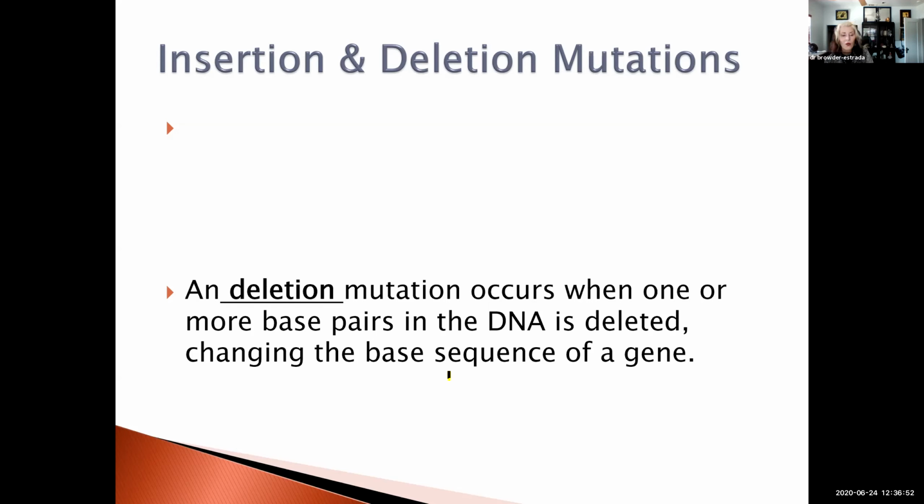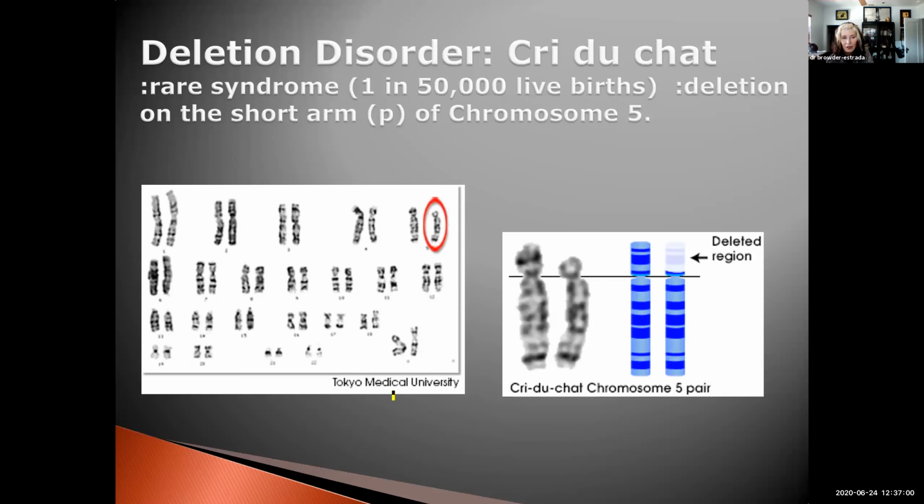So deletion, again, is when more than a single base pair is deleted. Of course, the more that's missing, the bigger the outcome will be in the phenotype. So first example, please do write down deletion disorder, and the name of this one, cri du chat. It means cat's cry in French. I probably didn't pronounce that even close to correctly because I never took French class. This is very rare. It occurs in maybe a little bit more frequently than about 1 in 50,000 live births. When the babies are born alive and there are kids,